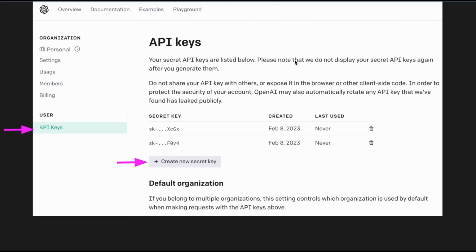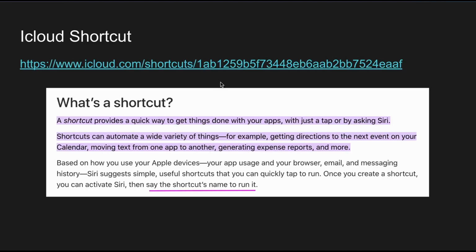The first thing is you go to OpenAI, in the API keys, so that you can generate your secret key. And then you follow this shortcut. If you don't know what a shortcut is, on an iPad and an iPhone, you can have shortcuts, which is basically a set of instructions that can be used by the device.